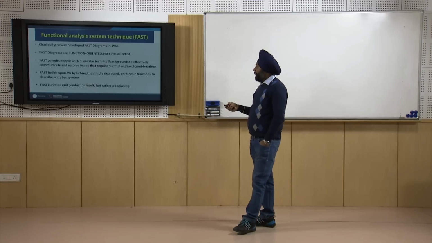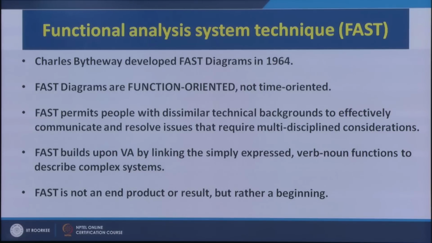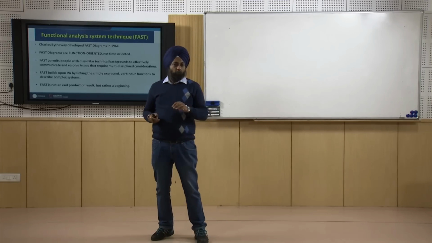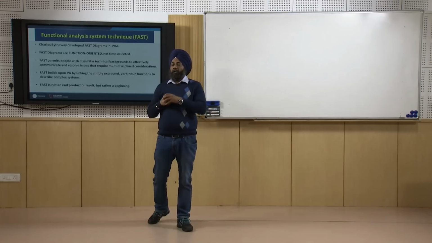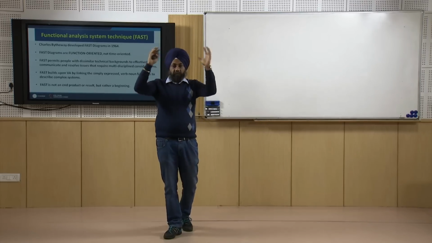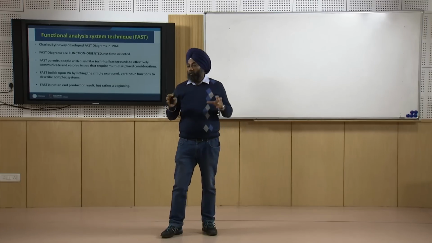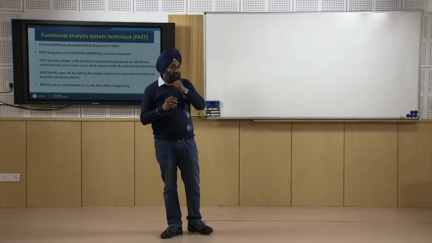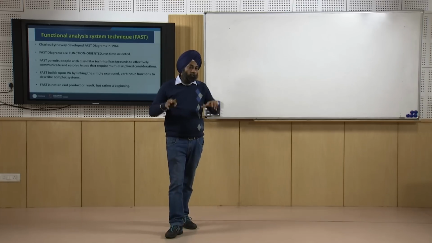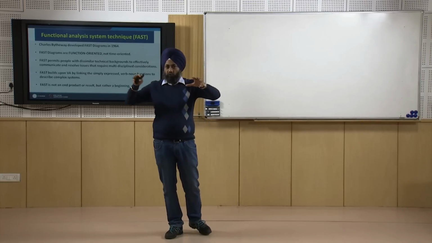So it will help to document the things properly. FAST builds upon value analysis by linking the simply expressed verb-noun functions to describe complex systems. Now suppose we have to analyze a complex product, for example an aircraft. For an aircraft the basic function can be carry passengers, but in order to analyze it from the value engineering or value analysis point of view, we need to break down the complete aircraft configuration into its individual components, and